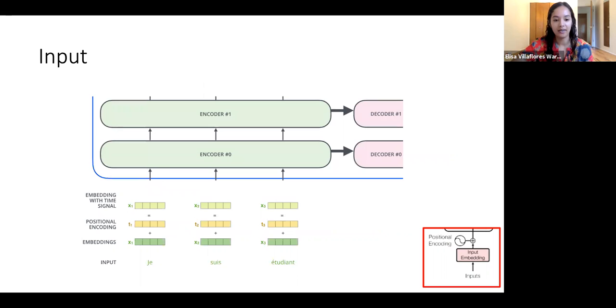Okay, so to reiterate that, we have the input sentence, we tokenized it, we turned it into a vector representation, which is the embedding. So it's a 1 by 512 vector, and then we add on the positional encoding. So now each word is represented by a 1 by 512 vector. And these arrows shouldn't be there. I also didn't make this image.